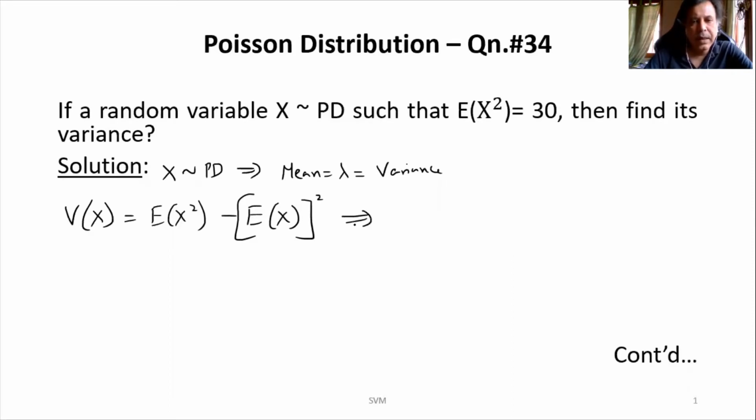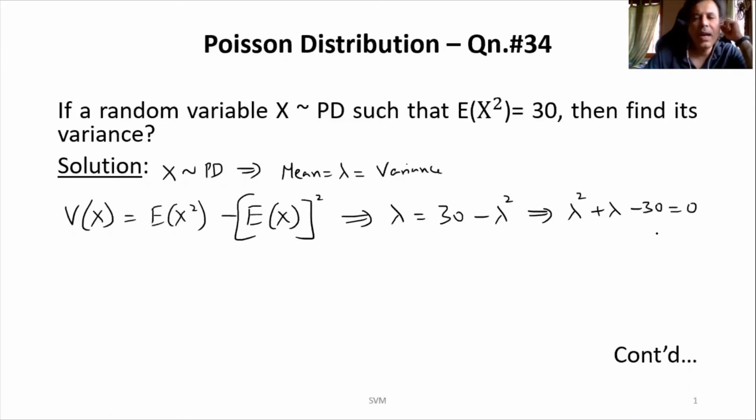So this, we know variance is lambda. So I will write here on the left hand side as lambda. Expectation of X square is given in the question as 30. And then expectation of X is nothing but the mean, which is also known to be lambda. So I can write this as minus lambda square, because expectation is inside. Now I can rewrite this: lambda square I will bring to the left hand side, where there is already a lambda, and negative 30 it will become if I bring that 30 to the left hand side.